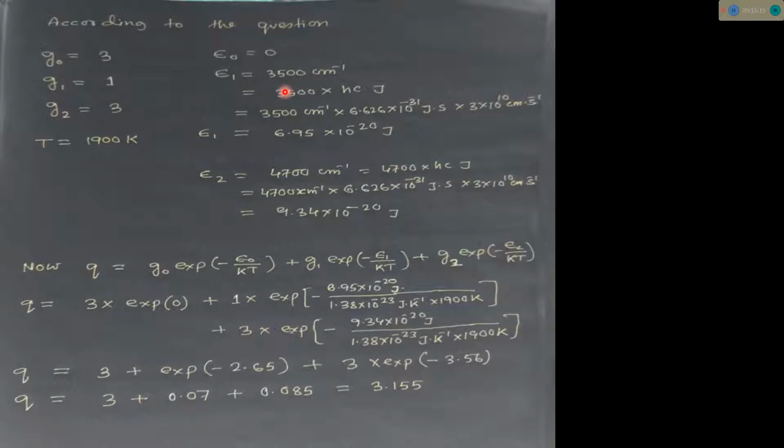If we want to write this value in joule, we have to multiply it by hc. We just saw in the first question also, if the unit is centimeter inverse and we want the energy value in joule, we have to multiply this term by hc, Planck constant along with the velocity of light. Now if we calculate this,